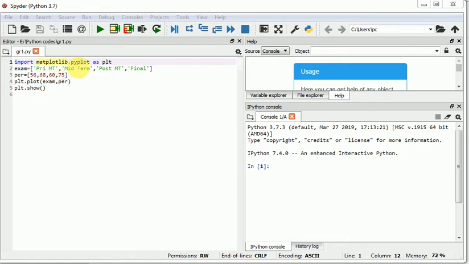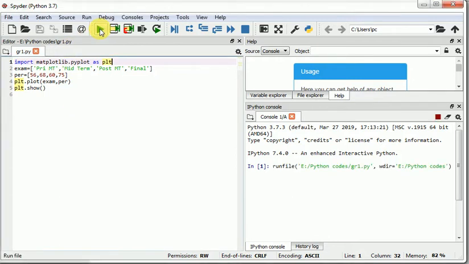And this matplotlib.pyplot is a collection of methods within matplotlib. That's the one interface, and we declare this statement as plt, or whatever name you want you can give here. I created two lists, exam and percentage. After that we call the plot function. In that method we pass exam and percentage. The first comes on the X and the second comes on the Y, and plt.show to display our graph.